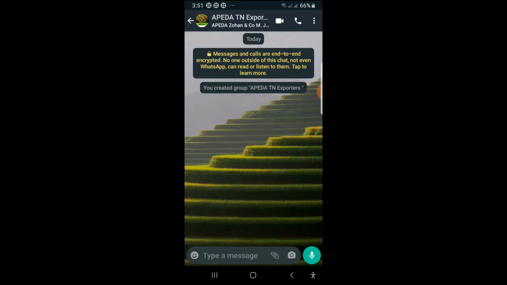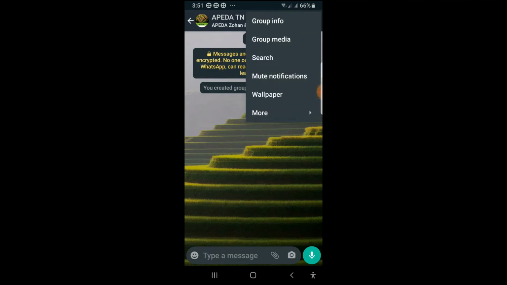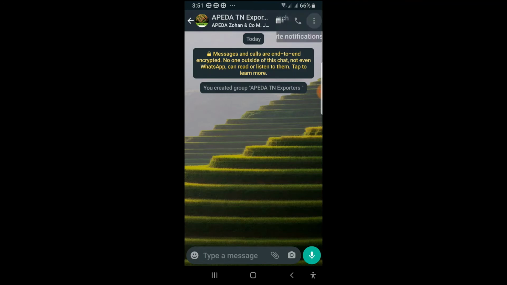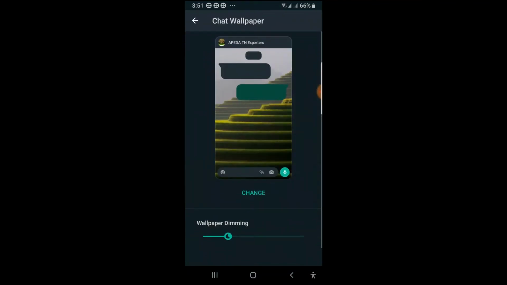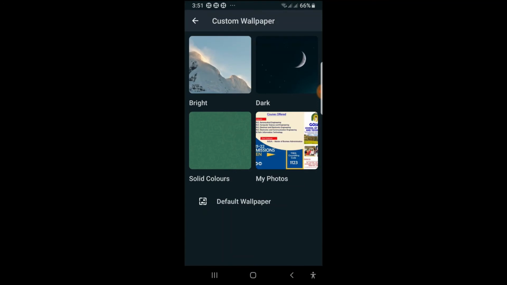Right. And the background image you can change. How you can change is just go to that top right side 3 dots, go to more. Okay, come back. Go to more, no, go to wallpaper, change wallpaper, dark, bright, solid colors.